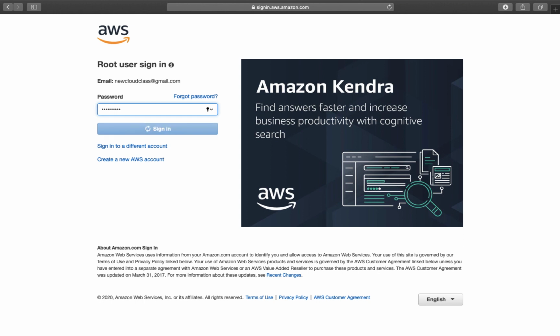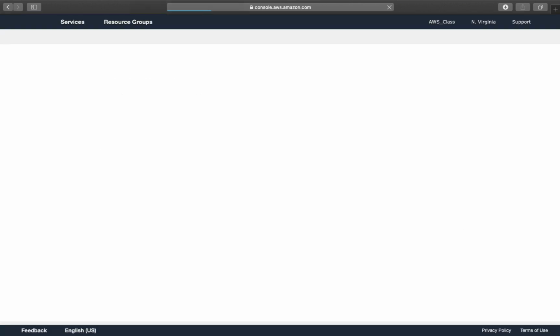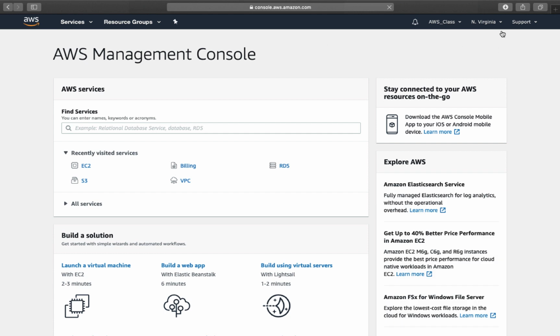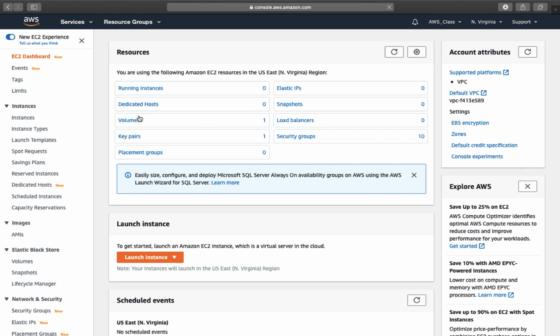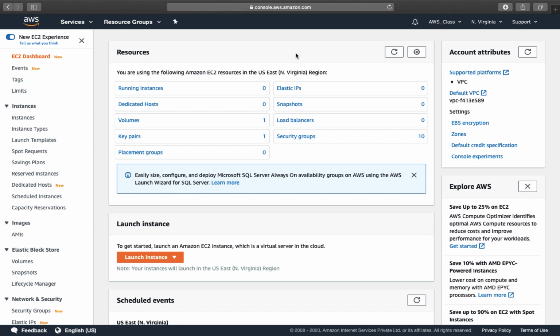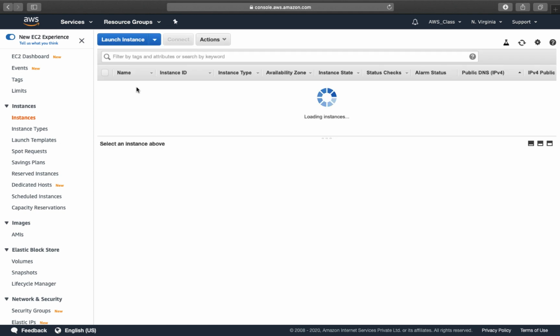In the first step, we need to create one instance, and after creating the instance, we will add or remove or resize the hard drive. Right now we are in the North Virginia location. Just click on EC2, and it gives you various options like running instances, dedicated hosts, volumes, key pairs and all. We will discuss them one by one, step by step. But right now I'm going to create one instance, one virtual machine, you can say.